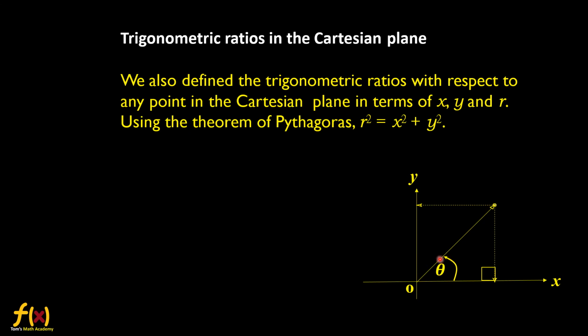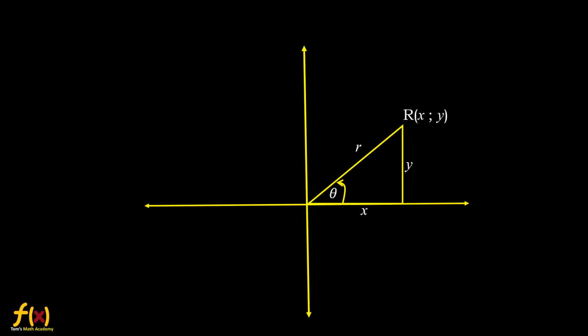Now what is the definition of sine theta? y over hypotenuse is r. Cos theta, x over r. And tan theta, opposite over adjacent, that is y over x. Okay, I think you understand that. I just want to give you a quick revision on the values of the trigonometric ratios in the four quadrants. We already know it, but a quick revision.